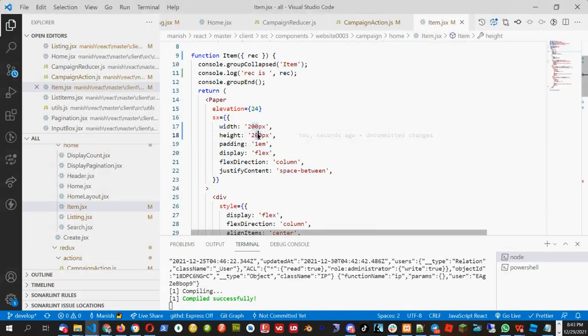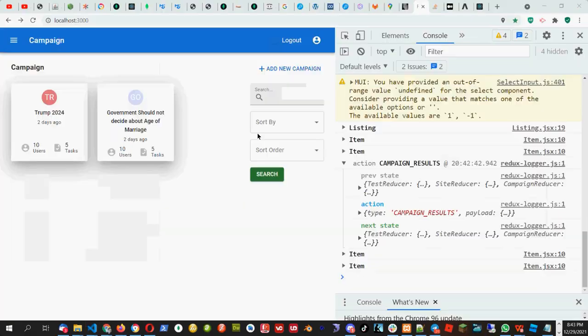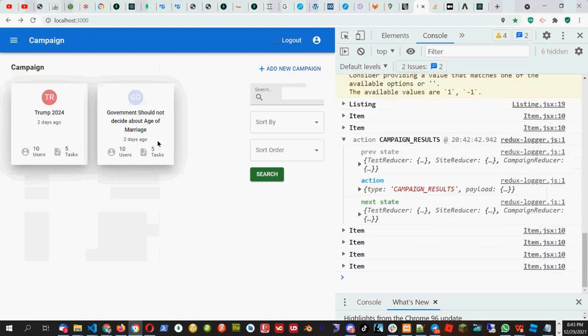Let's increase a little bit more. But I'm planning to decrease the title width. Something we need to truncate. Yes, we need to truncate it. So that part we will take later.